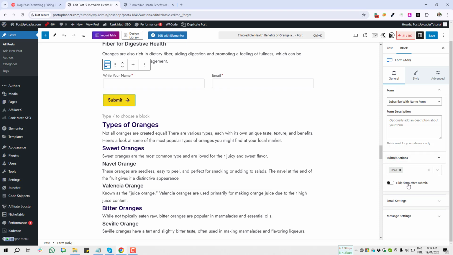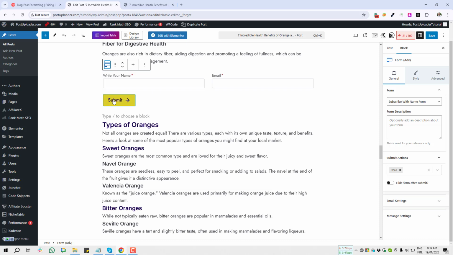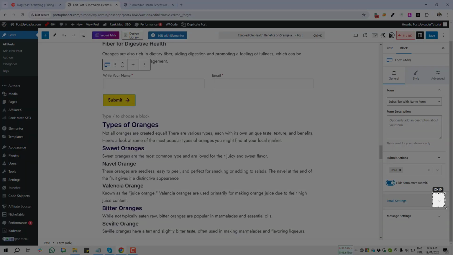Okay. And the next option is hide form after submit. I mean, when the user submits, this form will disappear. If you want it like this, you can enable this option. Okay. Next, come to the email settings. If I click on this right arrow icon,